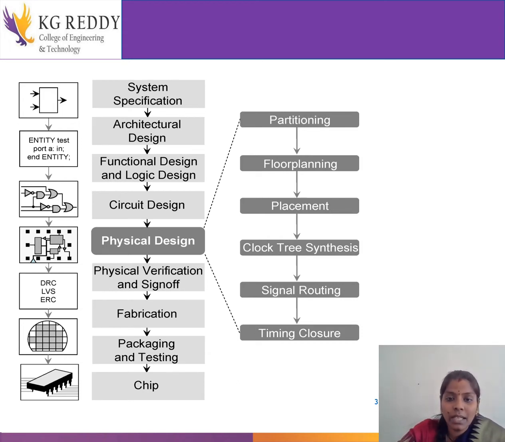Suppose we are building a house, so obviously we will decide where the drawing room should be, where the kitchen should be, like that. In the same way, in this circuit, in this architecture, we will put all the low power circuits aside. Then all the registers at one side, all the flip flops at one side. That means we are partitioning which type of circuits need to be placed in that chip.